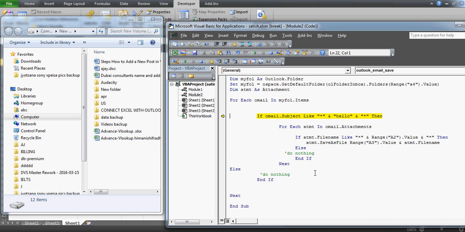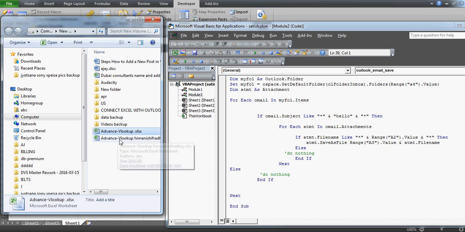All right, so now what is the next subject line? It's strategy. Now that's not my area of interest, so it goes to the else part, and then next, and then finish. Wonderful. So we got the VLOOKUP files here, and this is what I think Satish was looking forward to, and